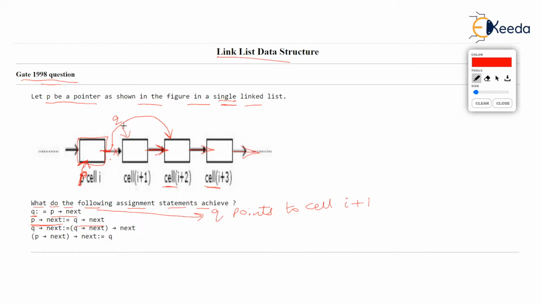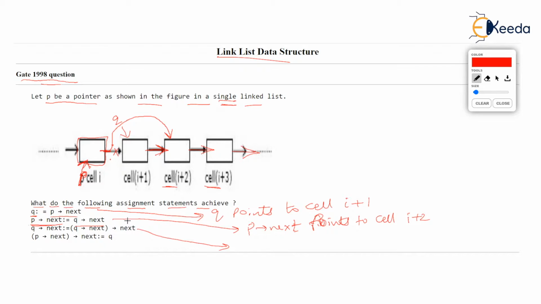Q arrow next is pointing to cell I plus 2, so P arrow next also points to cell I plus 2. So the description of this line is: P arrow next is a pointer, which points to cell I plus 2.